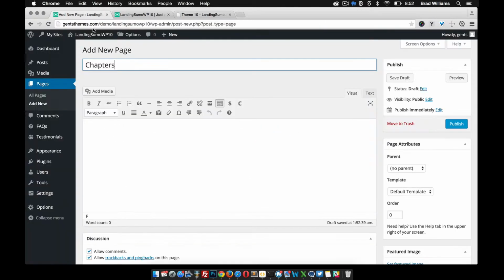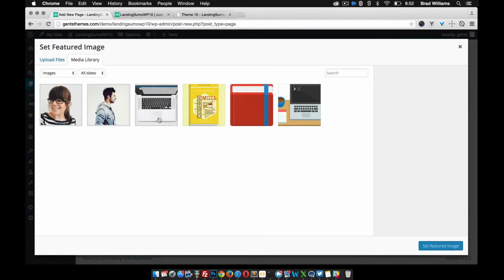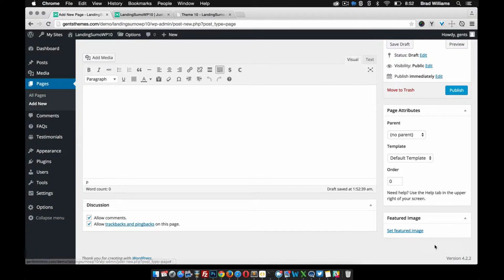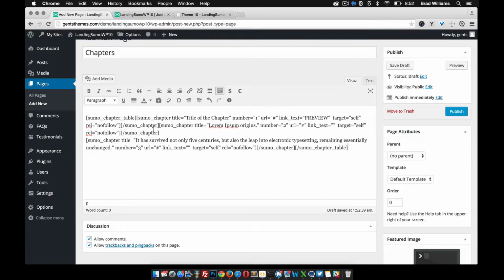Has an image in here. So let's set that image. Put that in there. And then if you look right here, I have this button that, if you click, it automatically puts some shortcodes in here for you for all the different chapters. So publish that